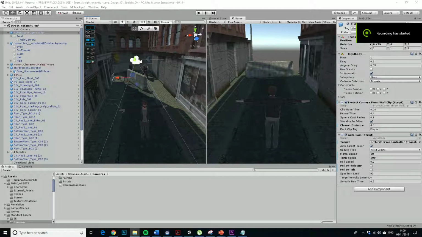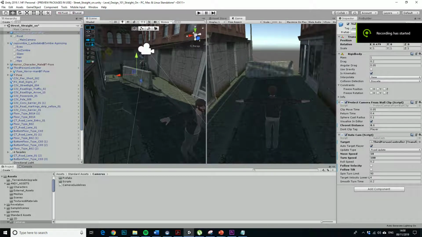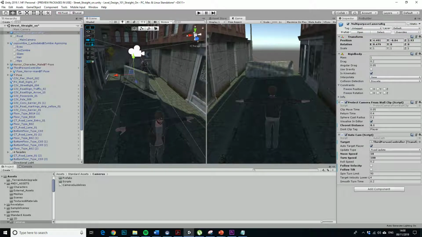Okay, so I've just been fiddling with the camera because it's a horror game, so we need to get close in behind this character and zombies down there. The reason we want to get close in is because we want to limit the player view. The point is that it's not to do with jump scares, it's to do with the fact that as